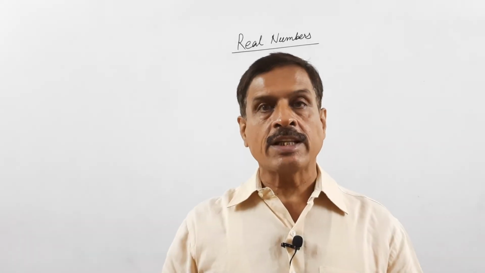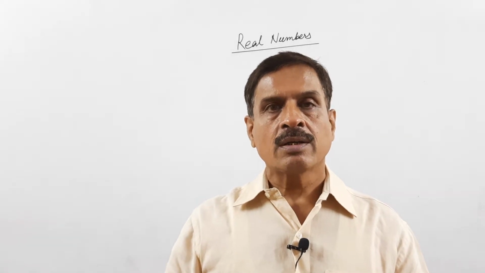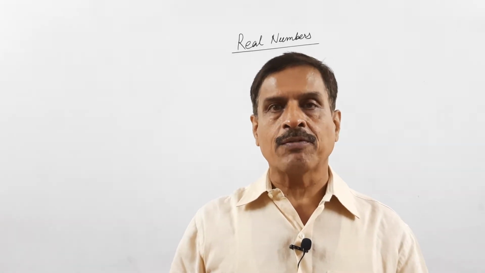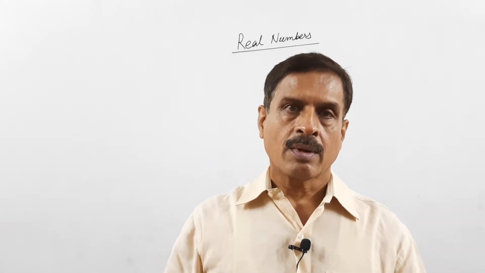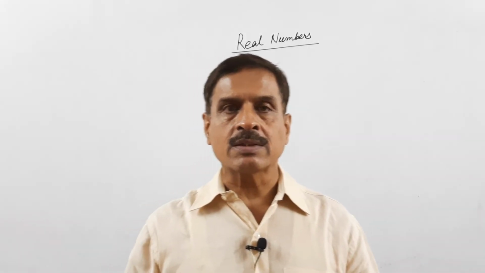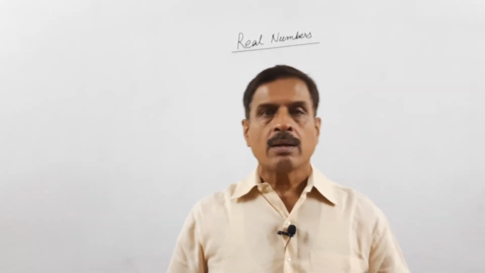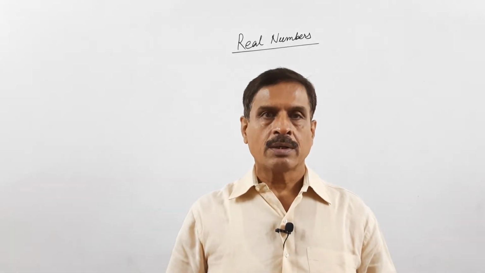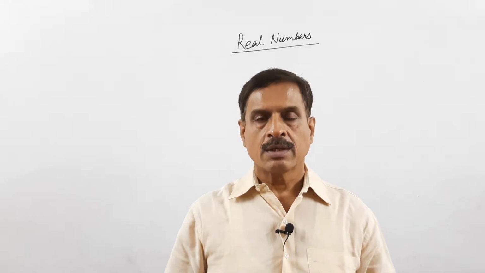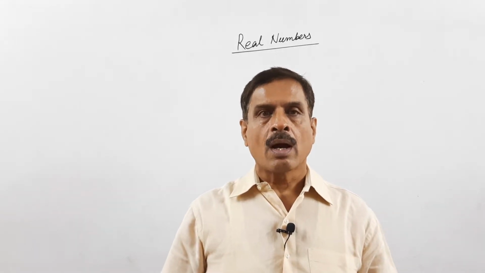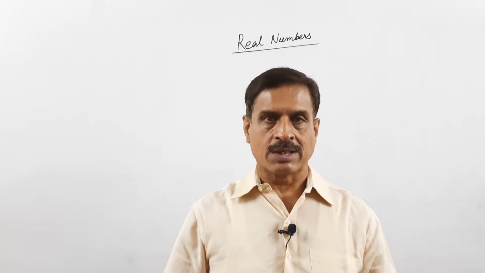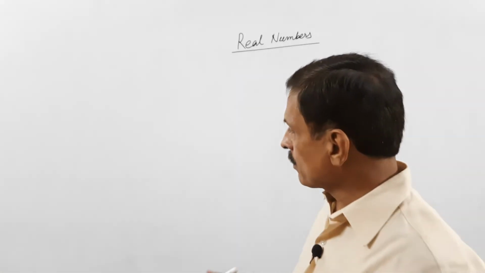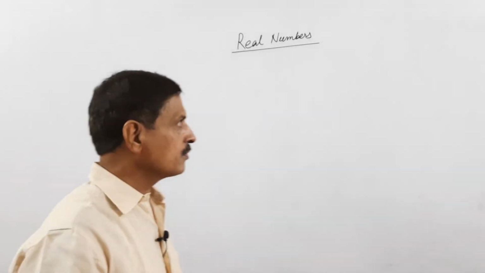Dear students, in this video we will learn how to calculate the HCF of two or more numbers. We can use different methods to calculate the highest common factor of the given numbers. The first method is by finding prime factors of the given numbers. For example, suppose we have two numbers,